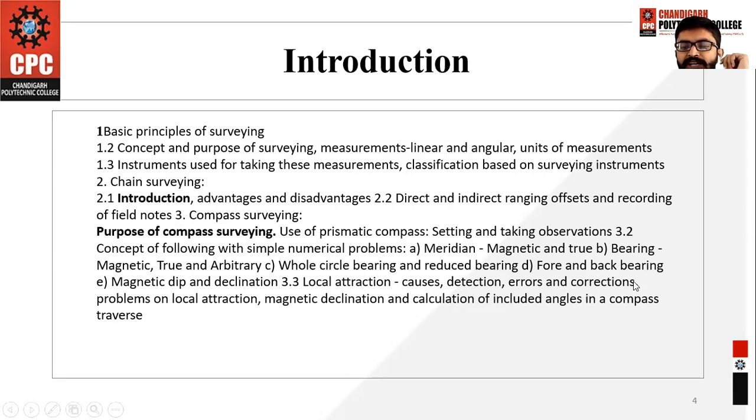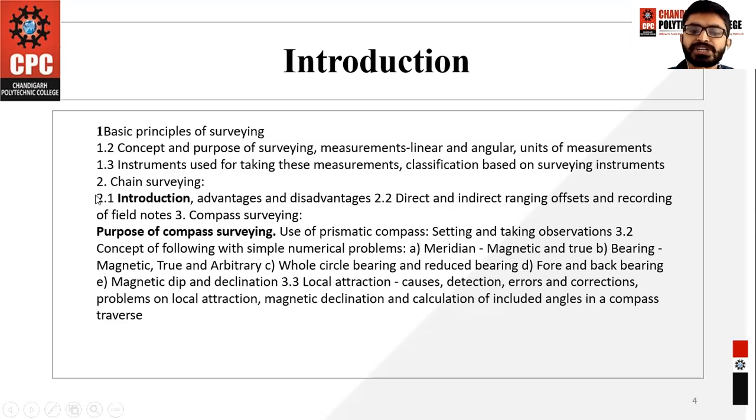The more things you will be studying in compass survey are the fore bearing and the back bearing. If you are taking the angles in the forward direction, that means the fore bearing, and if you are taking the direction in the backward direction, that means the back bearing. This is all about the bearing. Bearing simply means the angle. The angle you are taking on this side, that means the bearing. Clear? And what is the magnetic dip and the declination? The magnetic dip is simply the declination towards the latitude. I will tell you in detail in the further lectures.